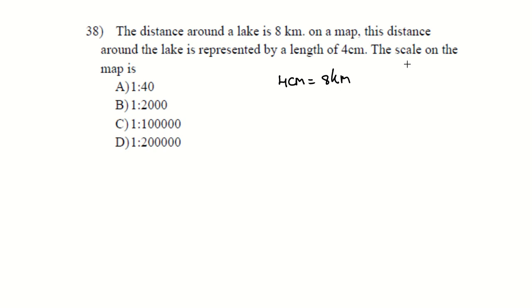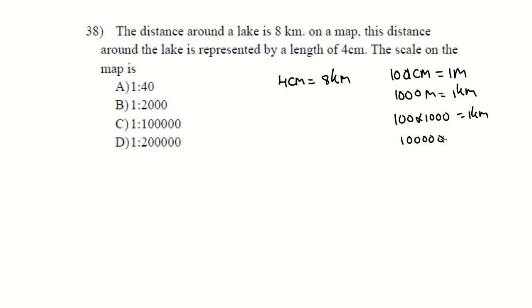Right? Kilometers, we know that 100 centimeters is equal to 1 meter, right? But we know that 1,000 meters is equal to 1 kilometer. So if I want to find for 1,000 meters, that would be 100 multiplied by 1,000, which would give you 1 kilometer, which is 1 and 5 zeros. So this would be 4 centimeters to 8 and 5 zeros